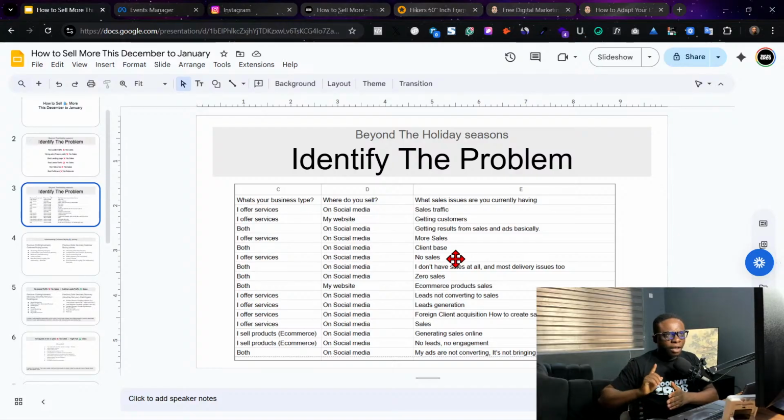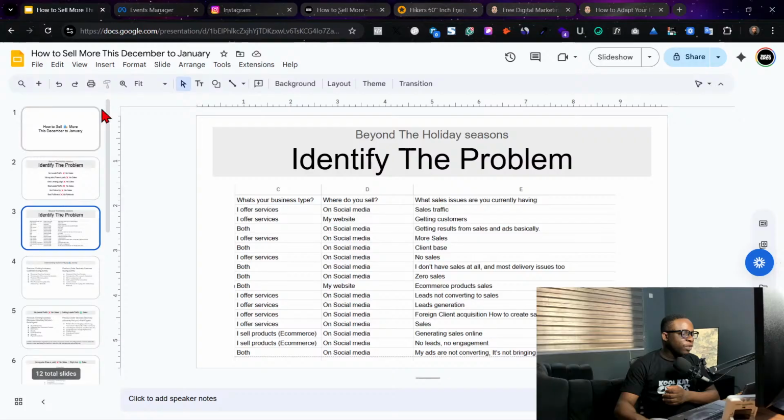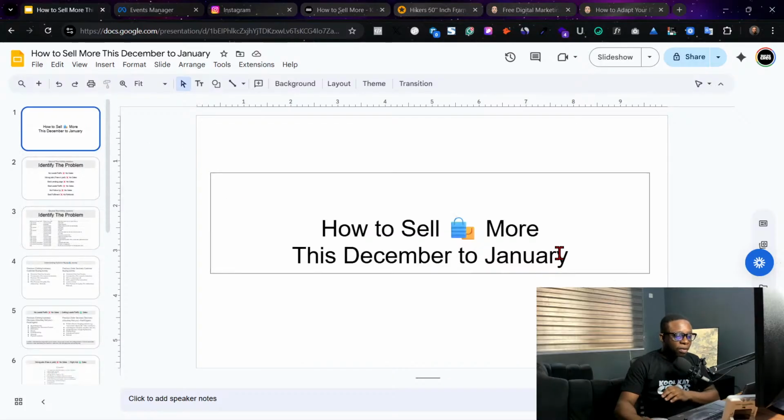Then, if you don't know how to close your clients, that's a problem on its own. Know how to work on closing your clients. And lastly, fulfill that product. So now you may be asking, okay, did we really touch on how to sell more product this December? So I figured out that selling more, if you're already selling, all you just have to do is repeat what you are doing. Look for more persons, increase.